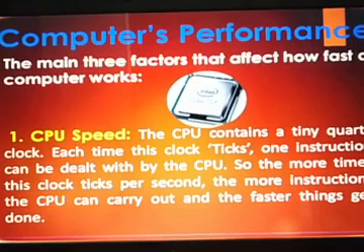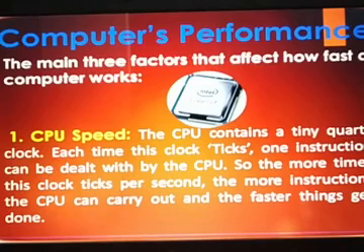A 1 megahertz CPU can carry out 1 million instructions per second. A 1 gigahertz CPU can carry out 1 billion instructions per second. A typical CPU installed in a computer today would run at around 3 gigahertz, which means that it can carry out 3 billion instructions per second. So one way to improve a computer's performance might be to upgrade your CPU to a faster one, especially if you have a fairly slow and old machine.